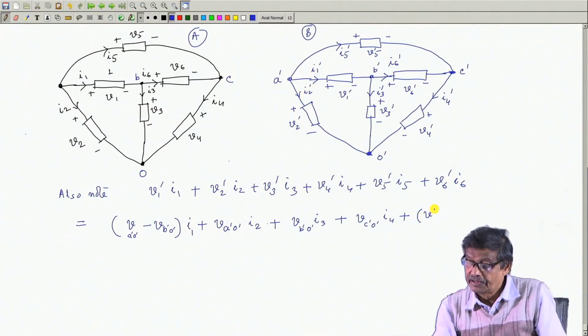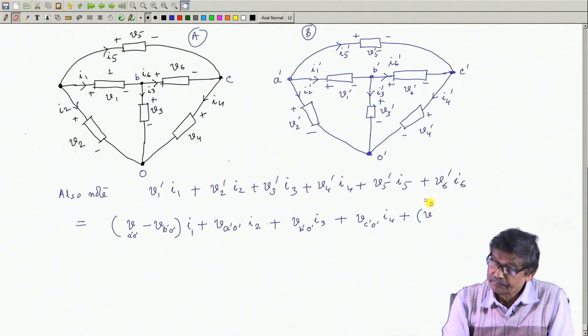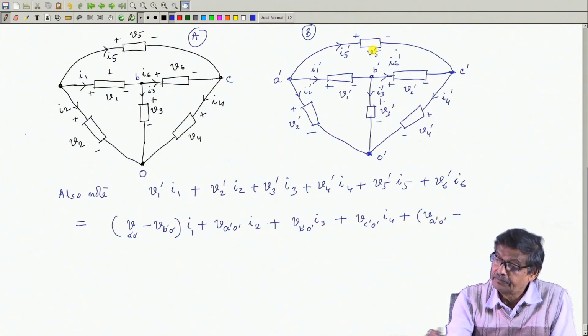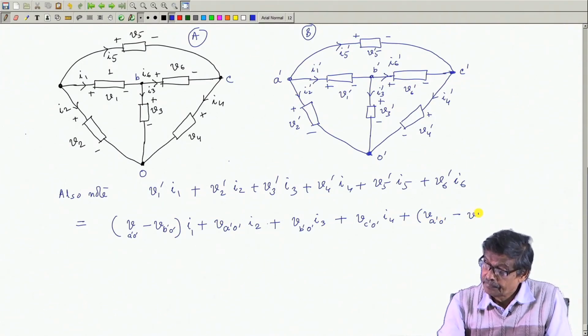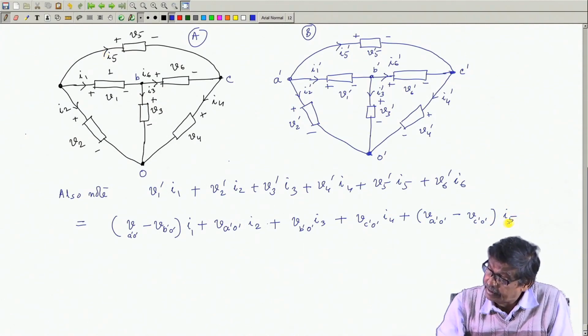B dash, B A dash 0 dash. I am always making mistakes. B A dash 0 dash minus element 5, B C dash 0 dash, and that will be into I 5, current of this circuit. And finally, the last term